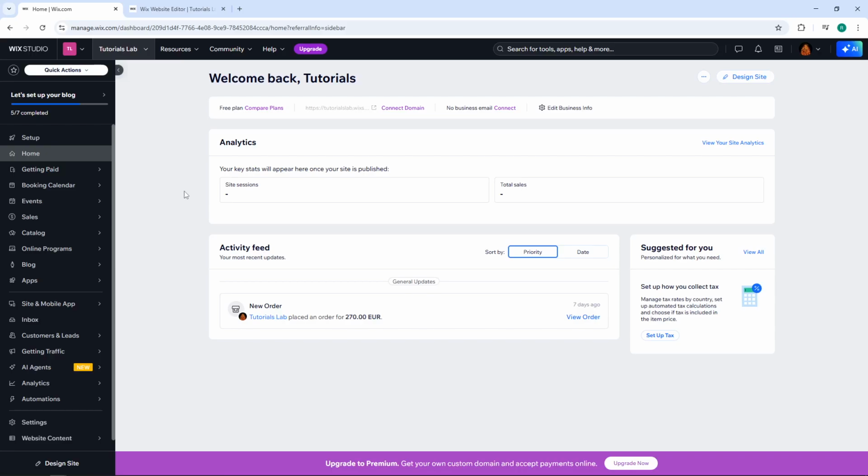Welcome back, everybody. Today, I'm going to teach you how to add terms and conditions on Wix. This is an essential feature for any website as it protects your business and clearly outlines the rules and guidelines